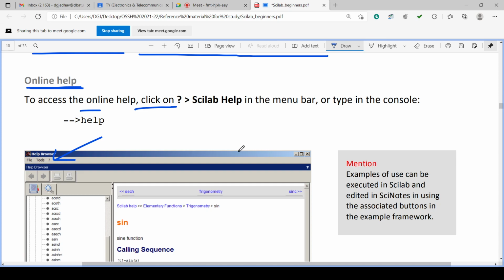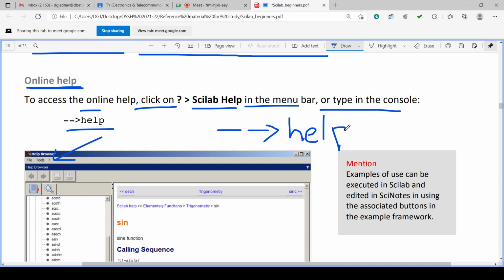To access the online help, we have to click on the question mark menu, then Scilab help in the menu bar, or type help on the console.